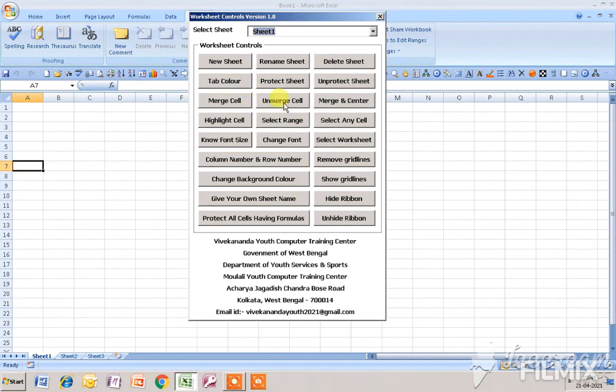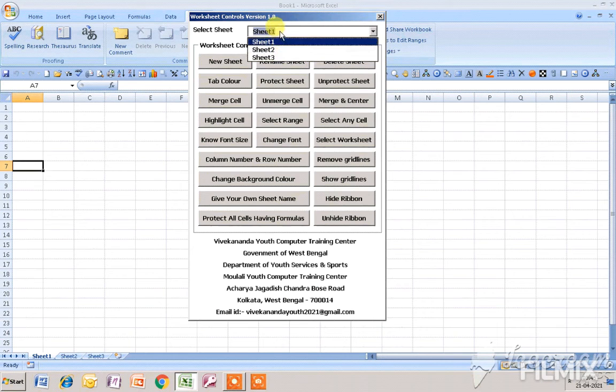In this particular workbook there are 3 worksheets, that is Sheet1, Sheet2 and Sheet3, and here you can also see the 3 worksheets, Sheet1, Sheet2 and Sheet3.